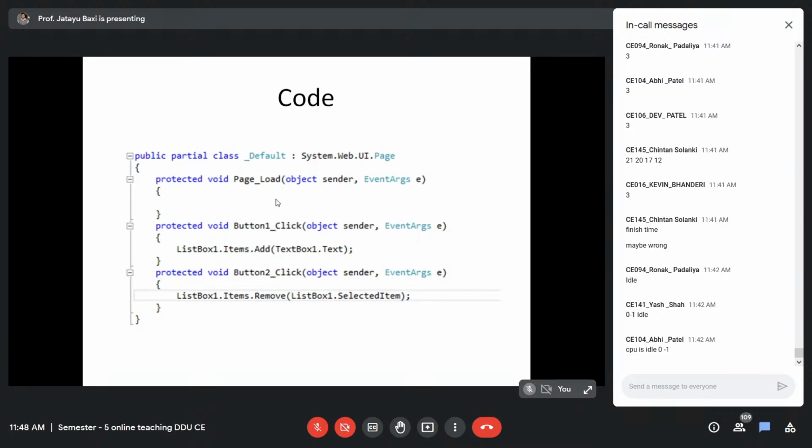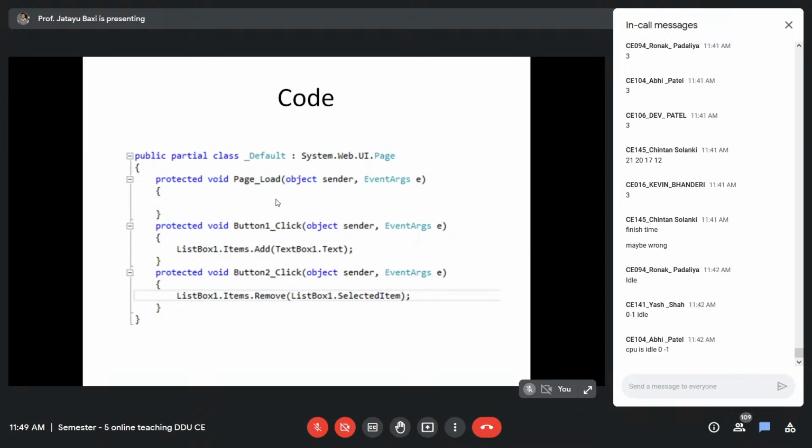Okay. And that can also be added in the list box. It behaves similarly to any other list control, right? It is similar to any other list control that you have already seen.